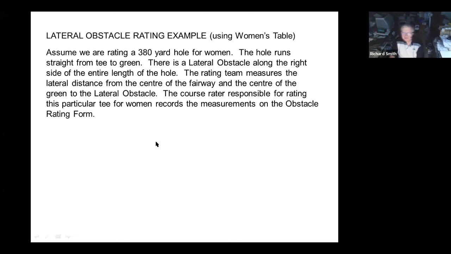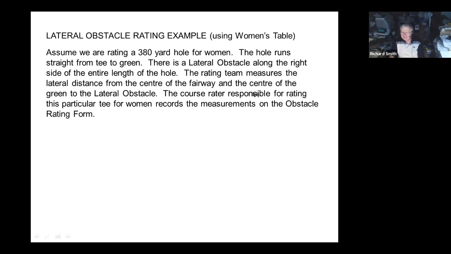Okay, here's an example. We're going to use the women's table this time. A 380-yard hole. The hole runs straight tee to green. The lateral obstacle runs along the right side the entire length of the hole. And so the team measures the lateral distance from the center of the fairway and the center of the green